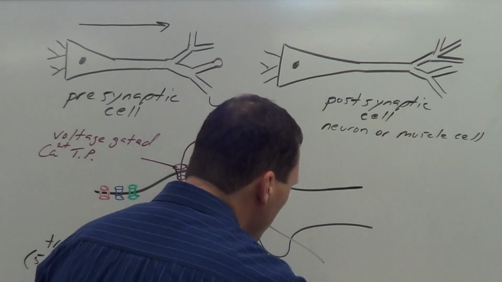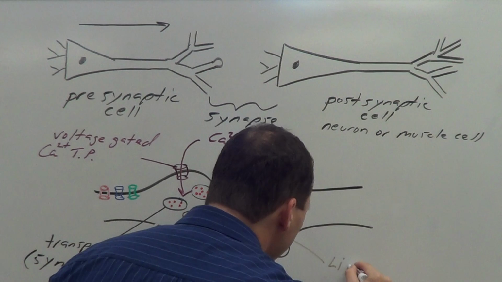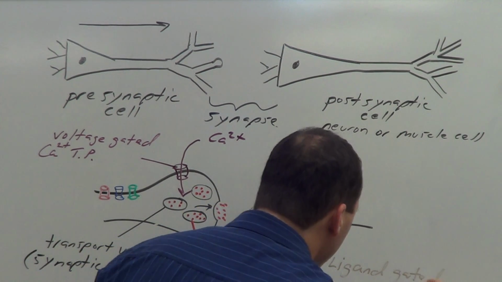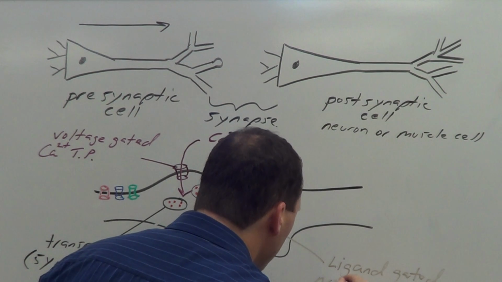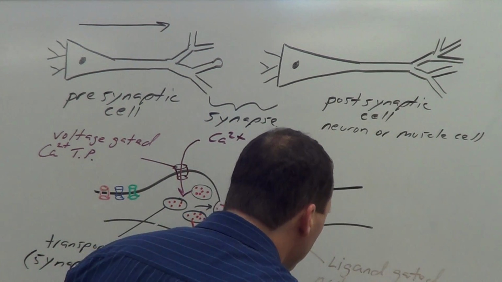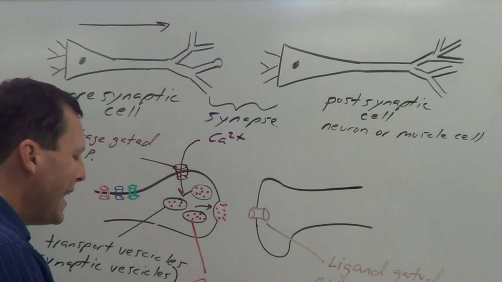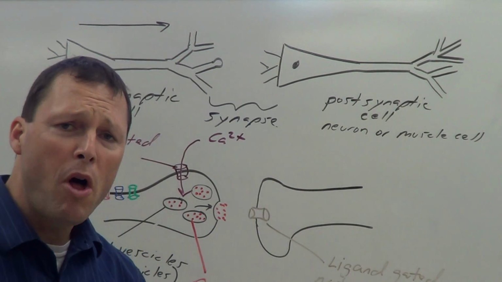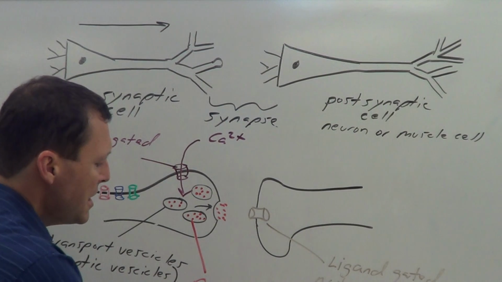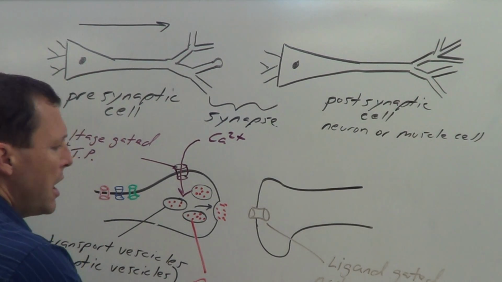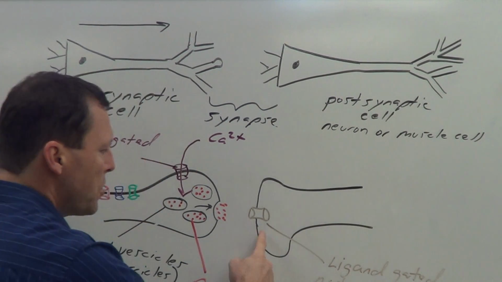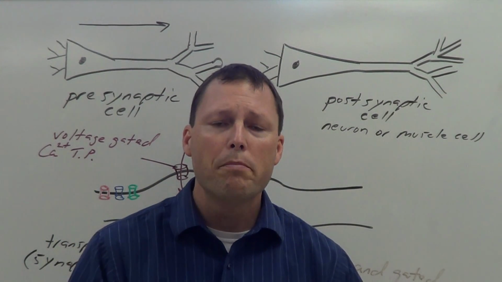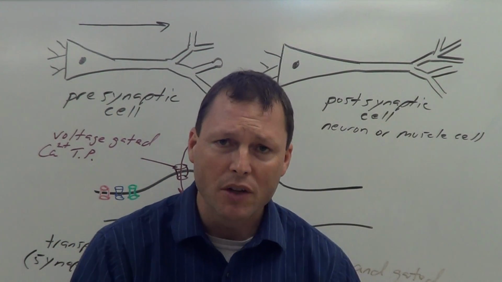This transport protein is going to be referred to as a ligand-gated sodium transport protein. Now, a ligand is a small molecule. And the small molecule in this case is acetylcholine. And we call it ligand-gated. So for this transport protein, the opening of it is controlled by the binding of a ligand, or in this case,